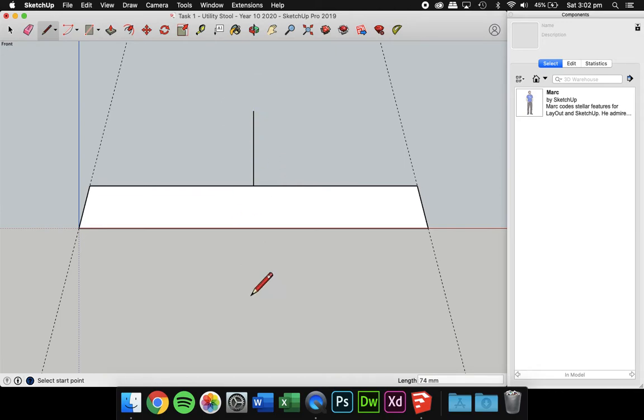Click and just draw a line to start with, just to show you where that middle is. Now I need to produce a rectangle that is going to be 42 millimeters wide, 21 millimeters deep, directly in this center location. For me to do that, I'm actually going to draw across, so from here across 21 millimeters. I'm going to then draw down 21 millimeters, across 42 millimeters, up 21 millimeters,